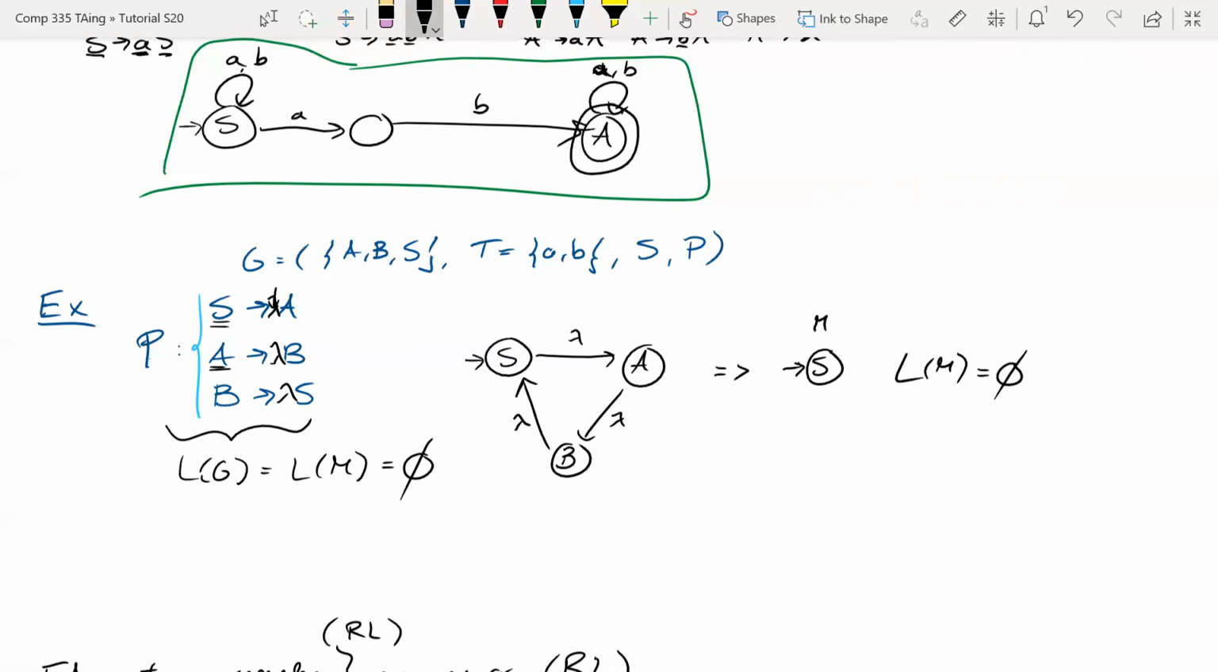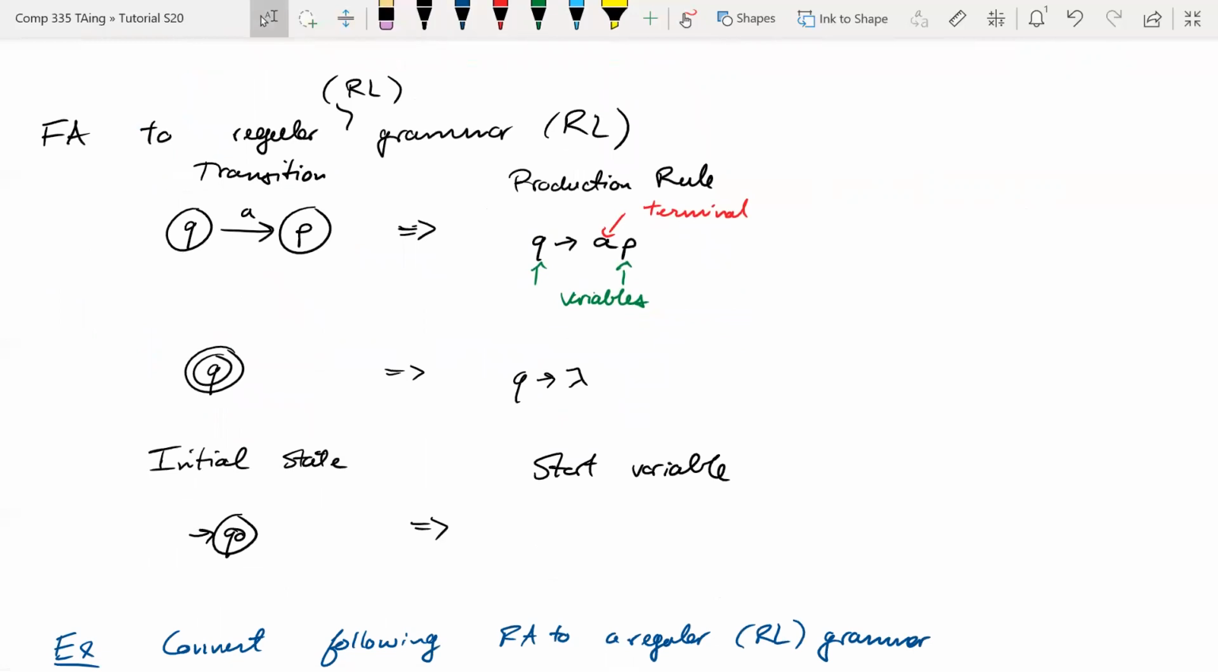What about the other way around? So if you have an FA, then you can always convert it to a regular grammar. In this case, we only consider right linear grammars. For left linear grammars, please look at your lecture slides. So